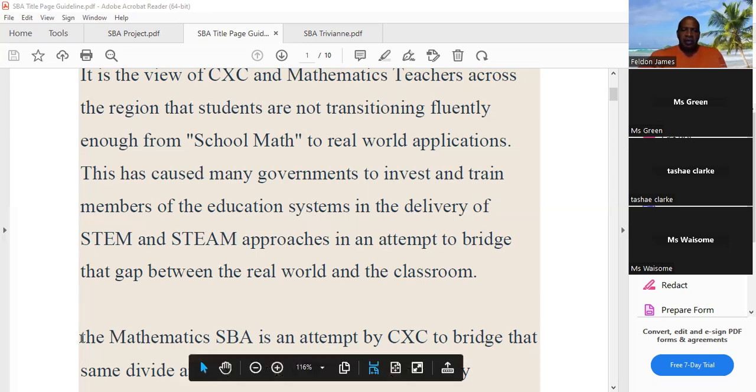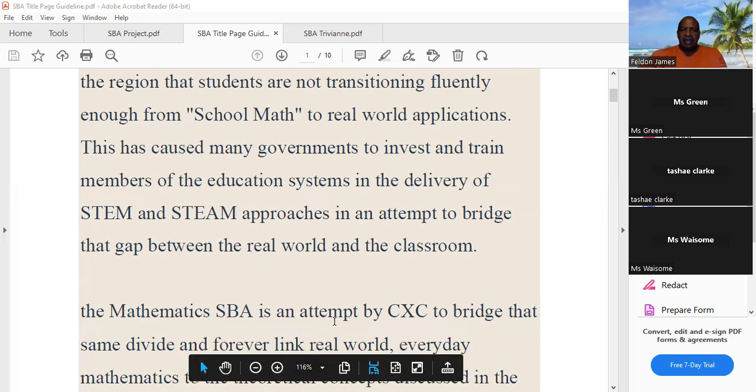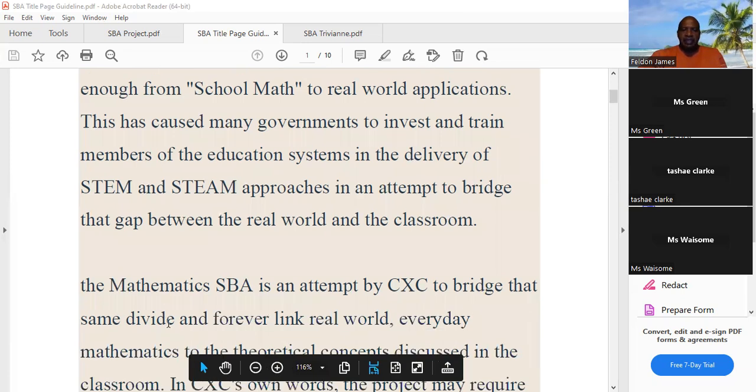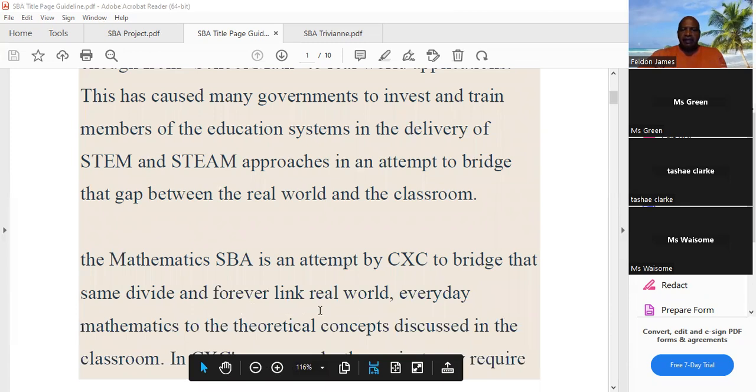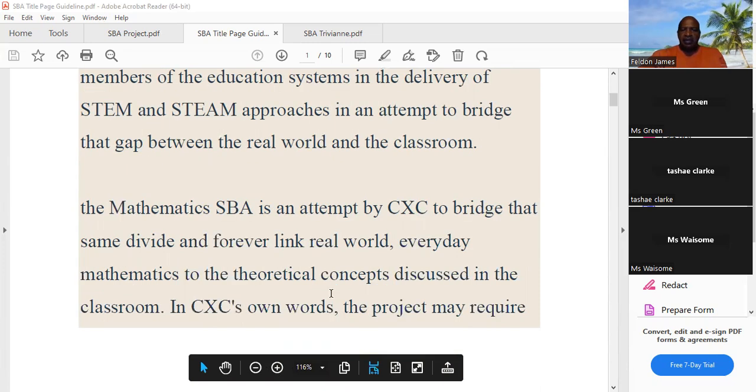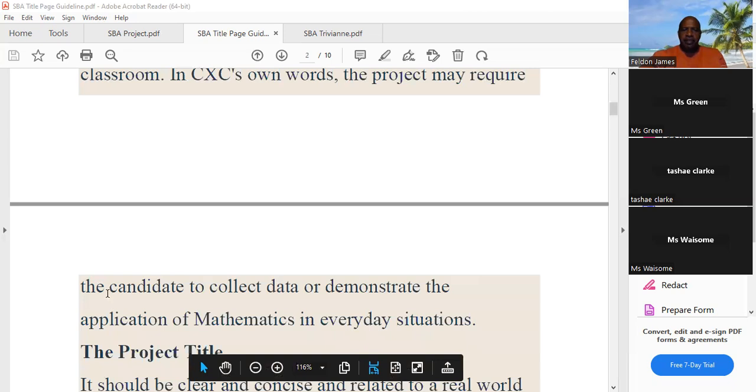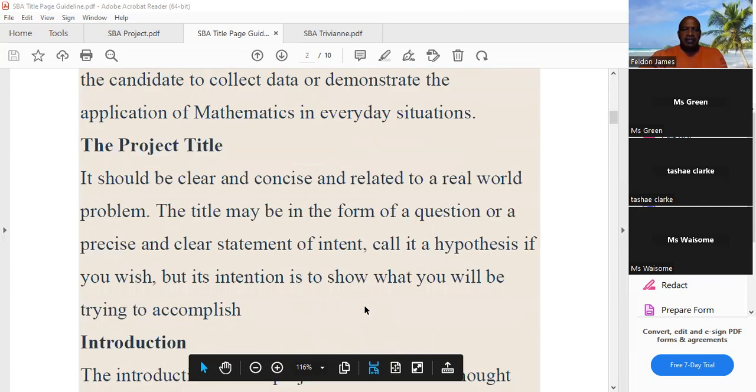All right, so the mathematics SBA is an attempt by CSEC to bridge that same divide and forever link real world, everyday mathematics to the theoretical concepts discussed in the classroom. In CSEC's own words, the project may require the candidate to collect data or demonstrate the application of mathematics in everyday situations. All right,